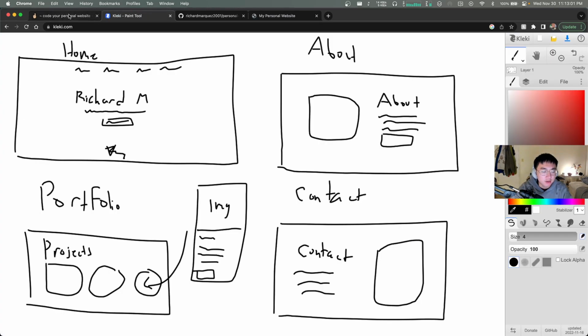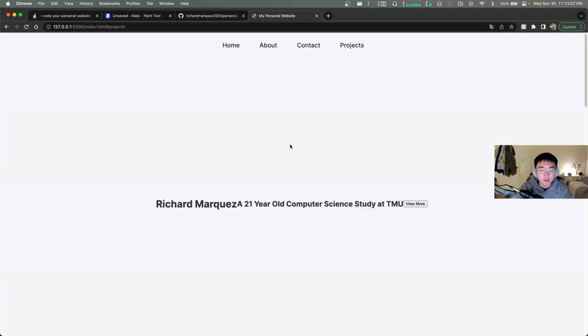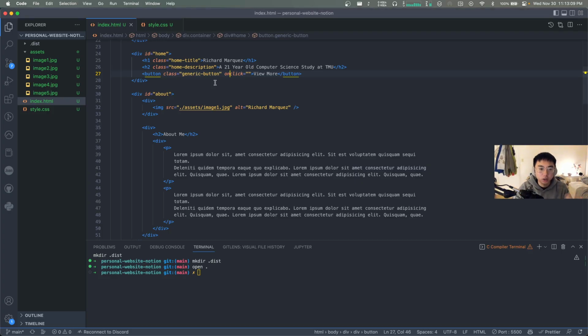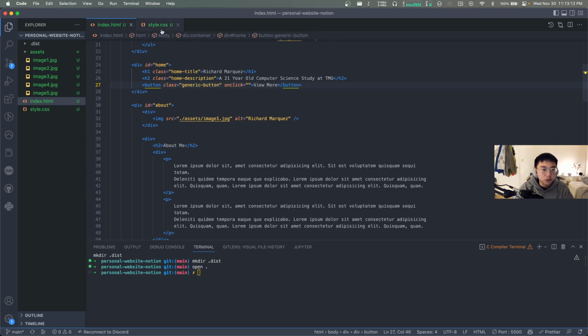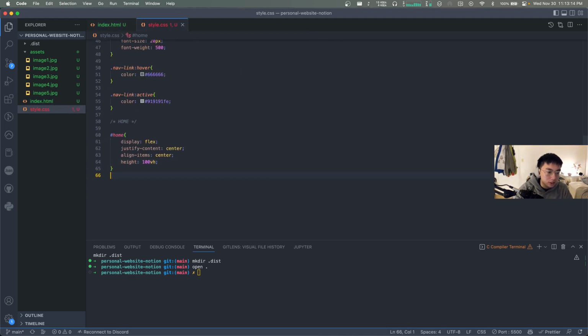If you notice, we have our view resume button here. We also have our project portfolio button here. So we're going to be using this. We're going to build it out now. Then we'll be using this throughout our website. So for the home title, what we want to do is